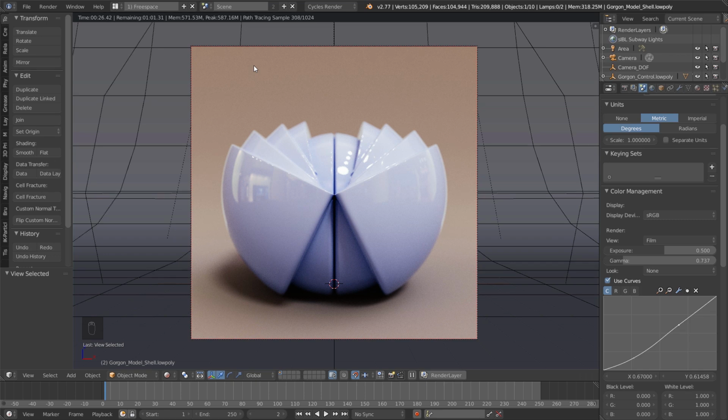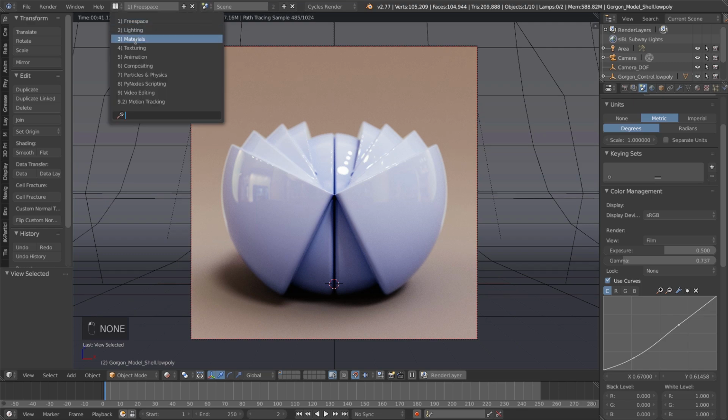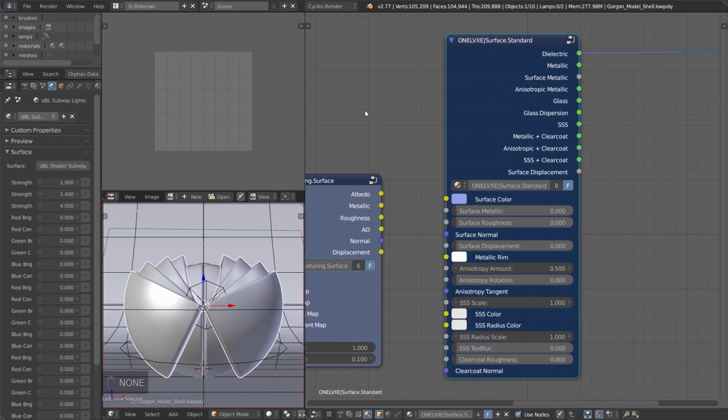Now that we've set up our scene, added some lighting, and done some color management, we're going to look at the ONELVXE Surface Shader. So if you're using the custom startup file and you're following along, change from free space under screen layout to materials. Here, if you have the standard surface applied to your model, you will see the ONELVXE Surface